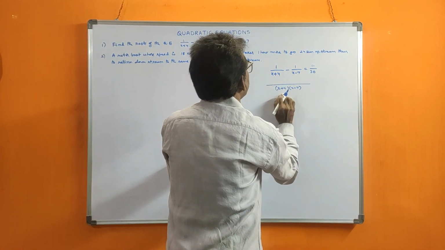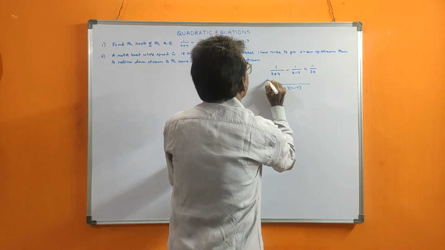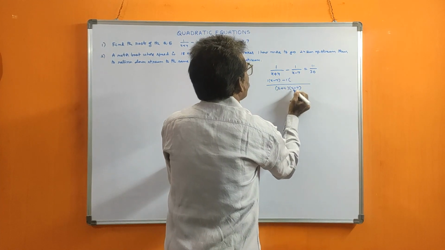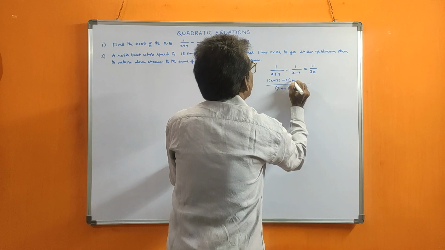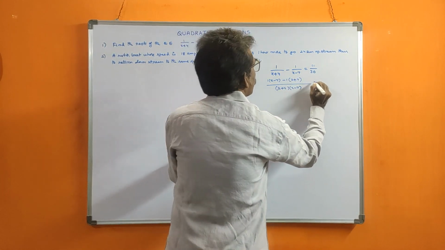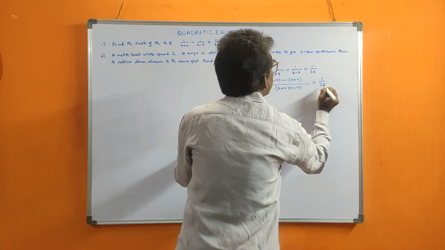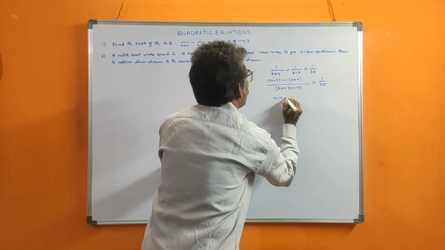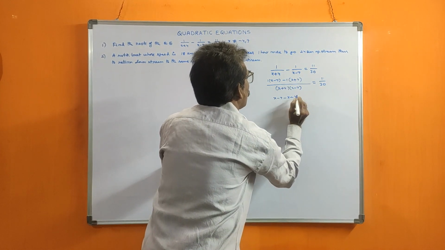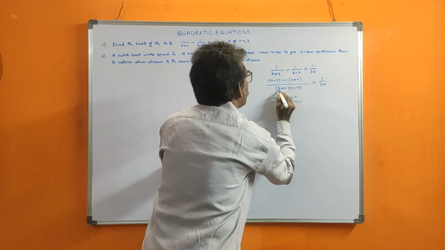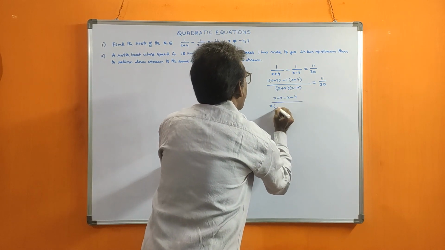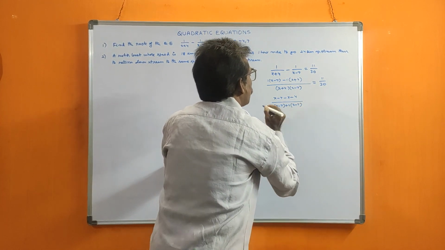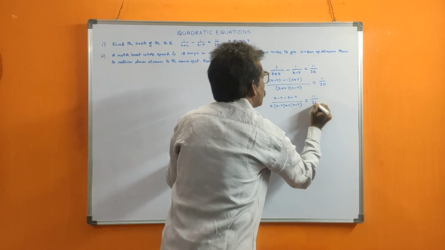Now x plus 4 and x minus 7 each divide out, so that's why 1 into x minus 7 minus 1 into x plus 4 is equal to 11 by 30. Now with the 1s, it is the same: 1 into x, 1 into 7, minus x, minus 4. We multiply first with x, next with 4. So x into x minus 7 plus 4 into x minus 7. This is 11 by 30.